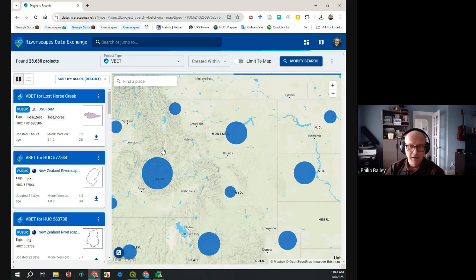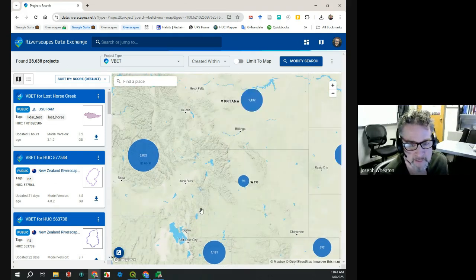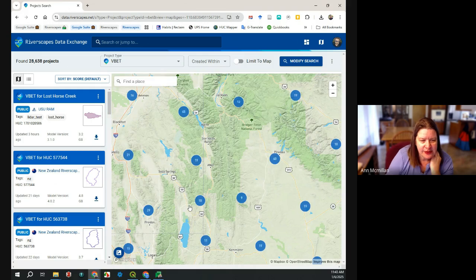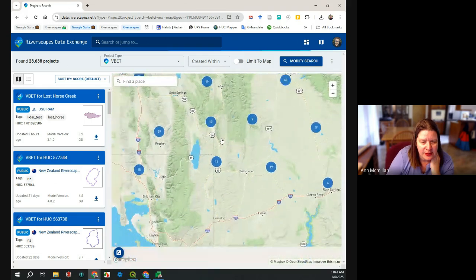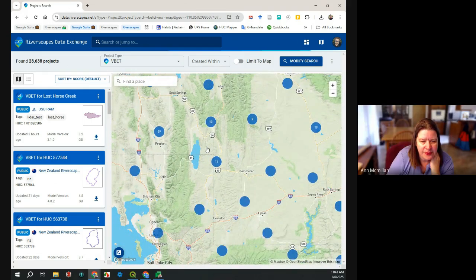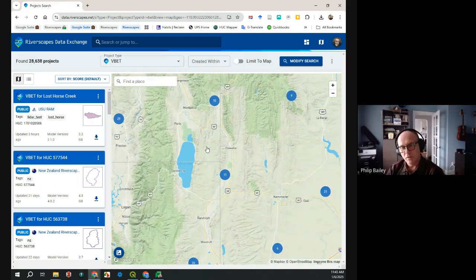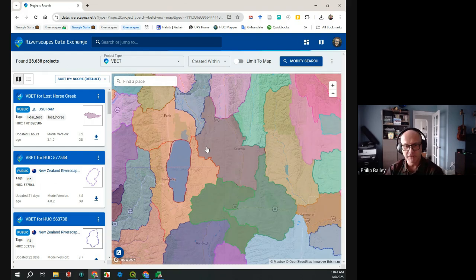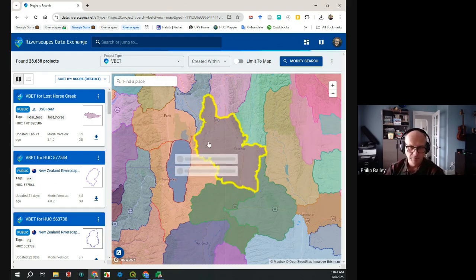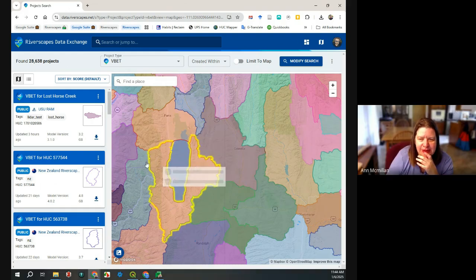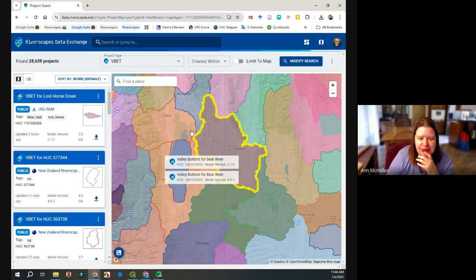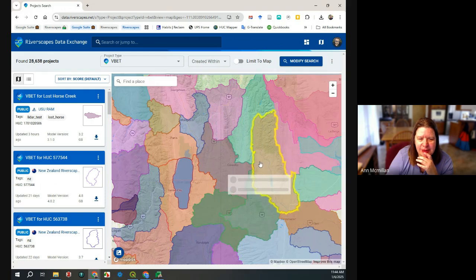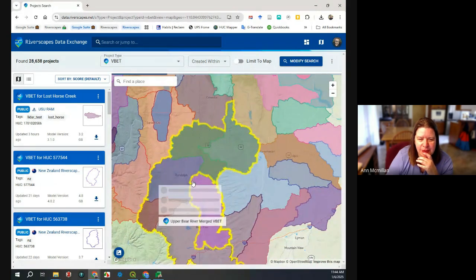Where's one that we did a big merge? Would that be the Upper Bear, I guess? I know that there are VBET assemblages of Utah. Yeah, we've done a few custom ones. How many, anybody got an idea how many HUC 10s are in those 5 counties, Anne? Oh, it's probably like 12 or 17 or 25. I haven't really counted them. Let's see, there's 3 in San Mateo and Santa Clara, but then they get bigger and more as you go north